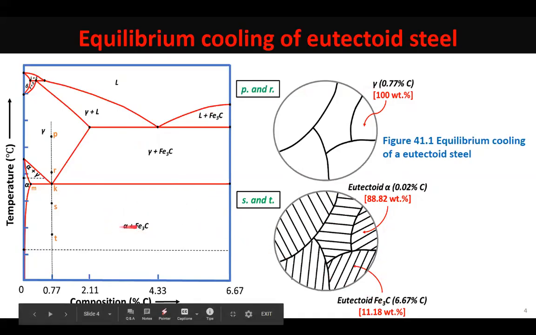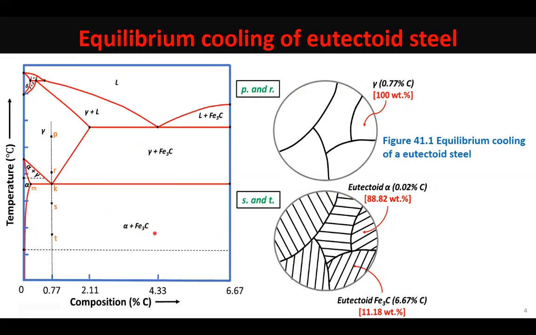All ferrite and cementite that is present in the steel is eutectoid ferrite and eutectoid cementite. You will find that ferrite is about 88.82%, cementite is about 11.18%, and that reiterates our earlier point that in the pearlitic structure,